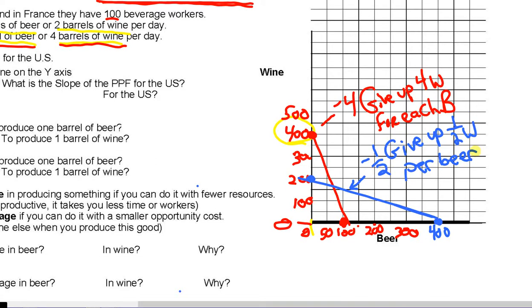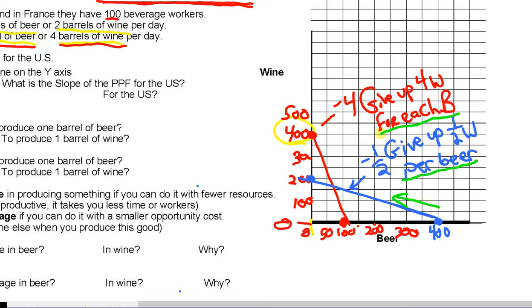So that's one way of calculating the opportunity cost. As we move in this direction, producing more beer, for each beer we get, we give up 1/2 of a wine if you're the U.S. Now this is much steeper for France. They have to give up 4 wine for each beer they get. Now we could also calculate this opportunity cost going in the opposite direction. So what we're doing here is calculating the opportunity cost of each beer. If you want to calculate the opportunity cost of going the other direction and producing more wine,